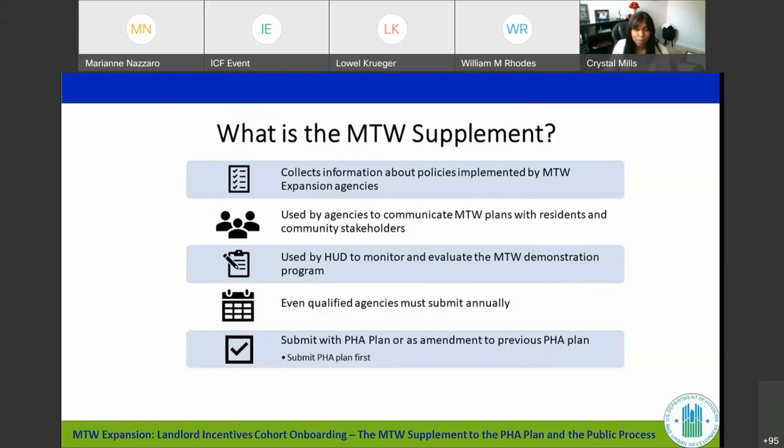All MTW expansion agencies, including agencies who are designated as qualified agencies, are exempt from the requirements to submit